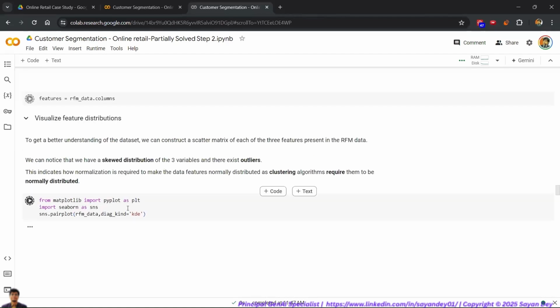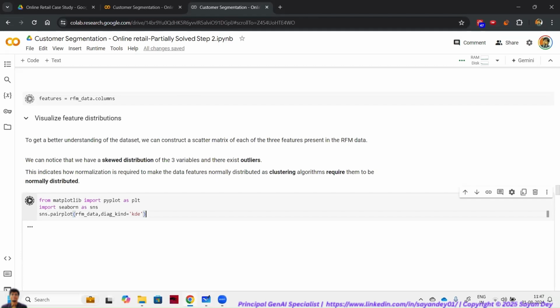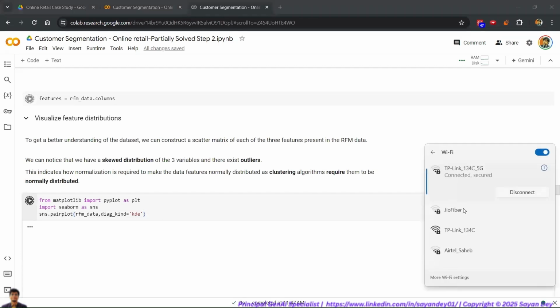So first things first, we can do a pair plot on the data just to identify how the distribution of features look like and other aspects around here. So we can do a simple pair plot on this RFM data set. And one very interesting observation that we will make, and I'm sure this is something people can relate to, is once the pair plot is done, you will observe that in the pair plot,